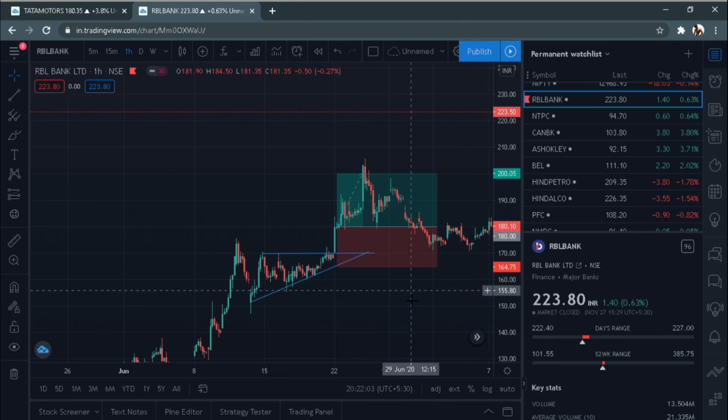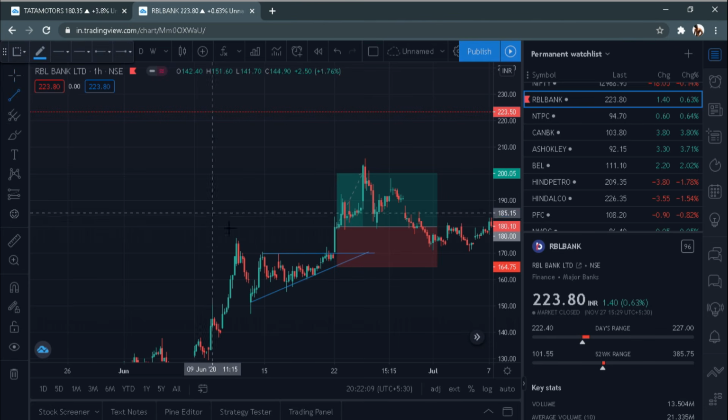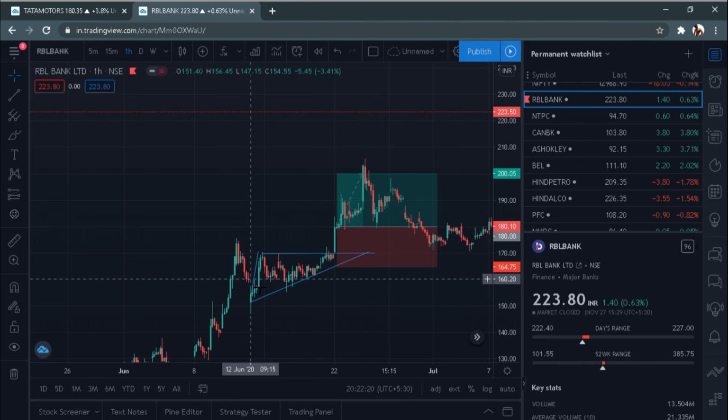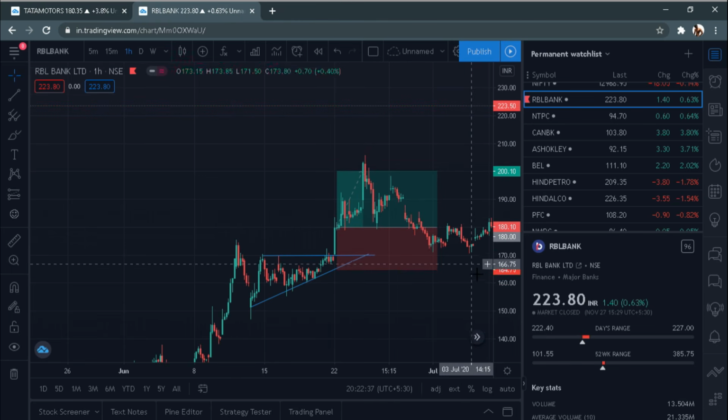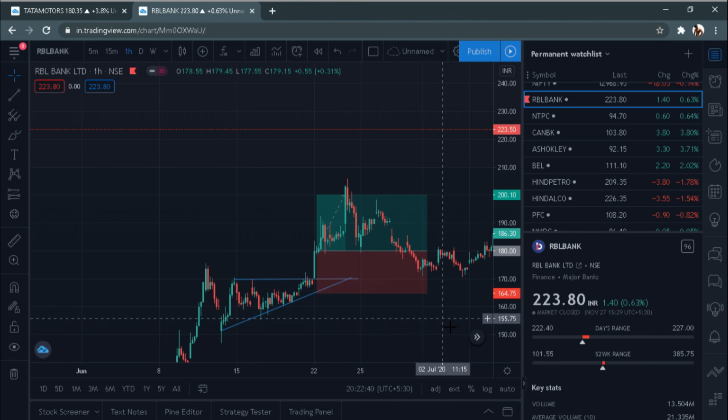So 164.75 will be your stop loss, and when it comes to the target, you need to measure the base of the triangle. What I mean by the base is the high of the triangle at the beginning. So the high, that is 170.6, and the low, that is here, that is 151. That is roughly 19 rupees of distance. So what we will do is add 19 rupees to our entry point, that is 180 plus 19, which comes to 199 rupees. Let's just take it as a round figure of 200 rupees. If I place the target at 200, you can see how easily the target has been hit by the trade. So that is the ascending triangle, and the entry, stop loss, and the target.